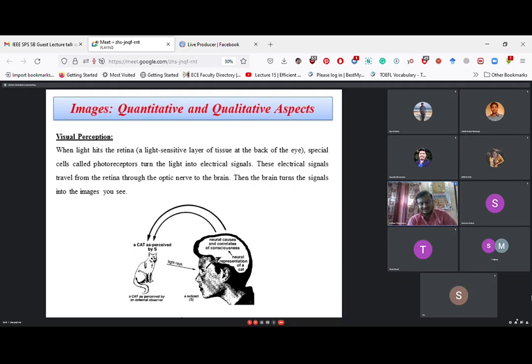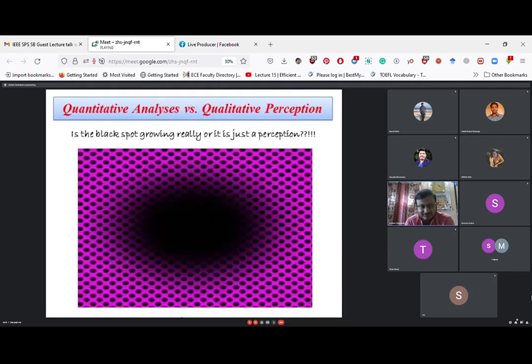Luminance and brightness are quite similar, but there is a small difference. Brightness means the pixel intensity, but luminance means whether the image glows itself or not. That is called luminance. All these three things excite the human eye. So this is the qualitative aspect which matters more.